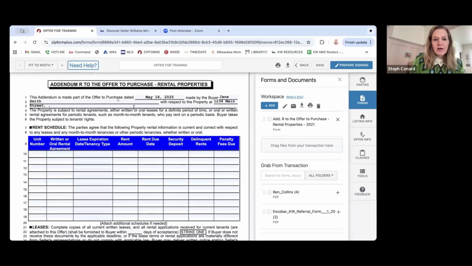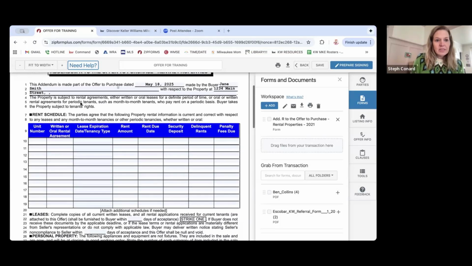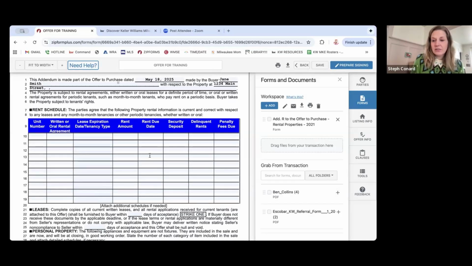Again, the addendum is made part of the offer, dated X, made by the buyer, with respect to the property at, and then you're going to name the address there. This property is subject to rental agreements, either written or oral leases for a definite period of time, or oral or written rental agreements for periodic tenants, such as month to month, who pay rent on a periodic basis. Buyer takes the property subject to the tenant's rights, meaning,